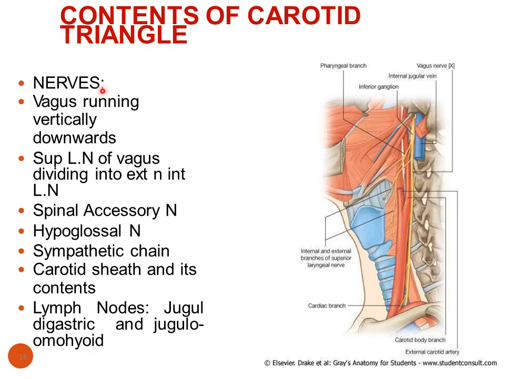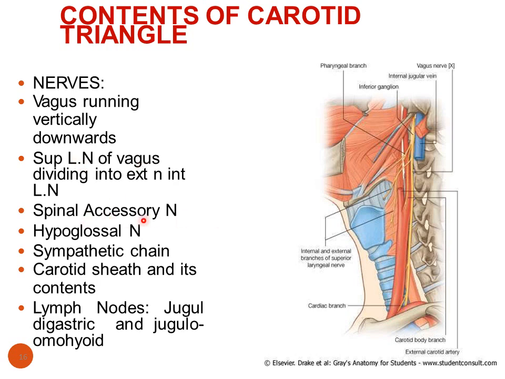Contents in the carotid triangle. What are the nerves we find in the carotid triangle? Vagus nerve running vertically downwards, then superior laryngeal nerve of the vagus dividing into external and internal laryngeal nerve. You can see here the external and internal laryngeal nerve, branches of superior laryngeal nerve, which in turn is a branch from the vagus.